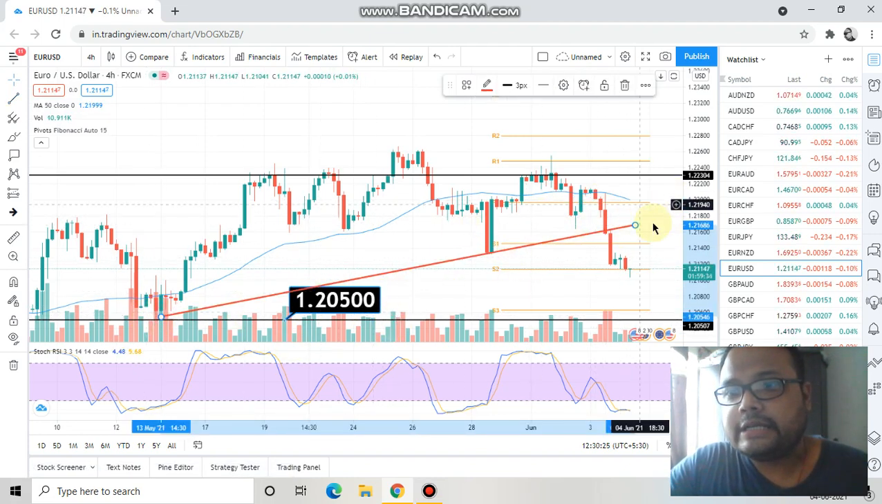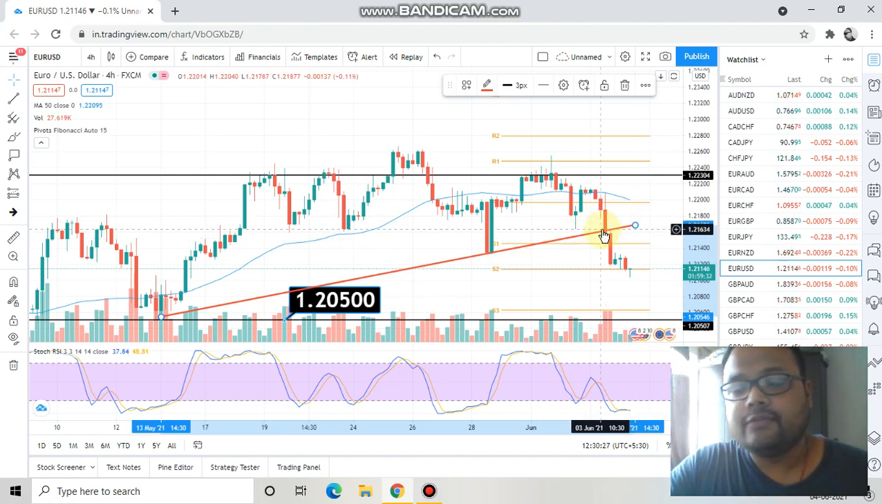When the market broke this trend line, if you have already shorted the market, then you are in good profit right now. Enjoy the profit. And if you're looking for a fresh opportunity or a fresh window to short the market, then you'll have to wait